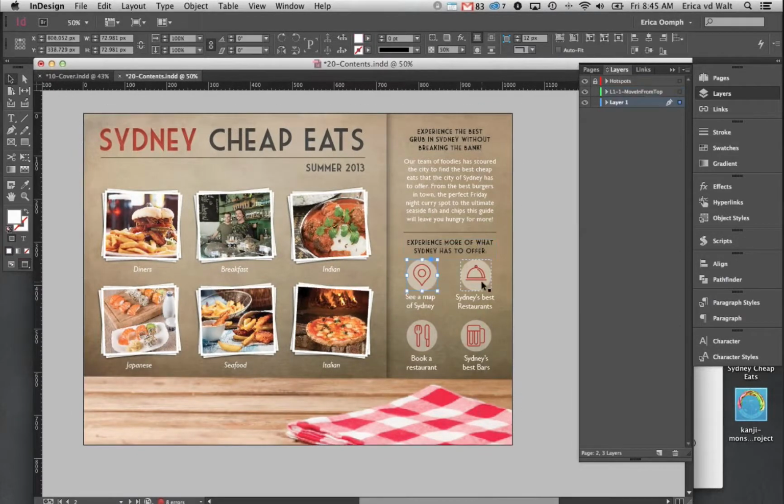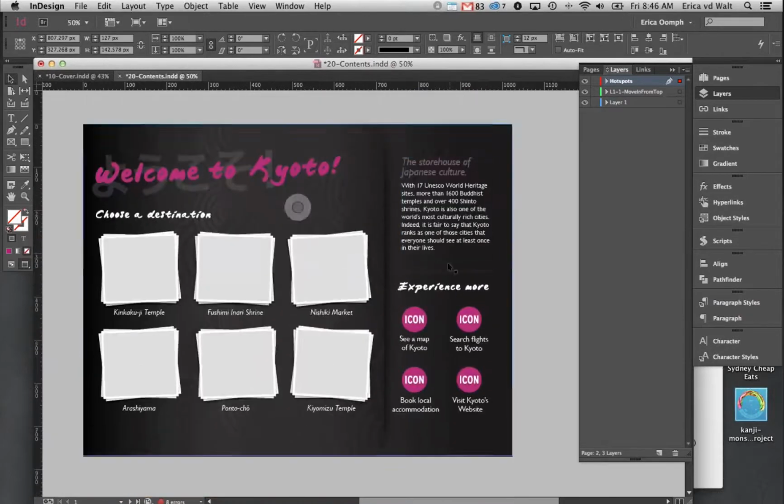The second thing I've done, so I've added new icons, but as you can see, these icons are going to have different functionality than what they did in the Kanji Monster Travel app. So I actually want to bring up a map of Sydney and not of Kyoto, and I want to link to Sydney's best restaurants, Sydney's best bars, and a link to book a restaurant. So I've got these predefined hyperlinks. If I just show you here,